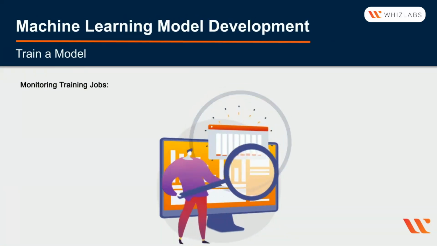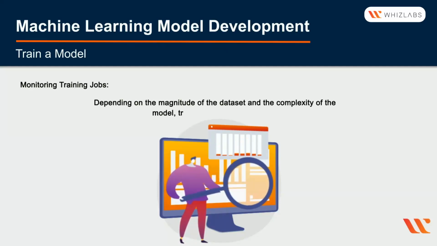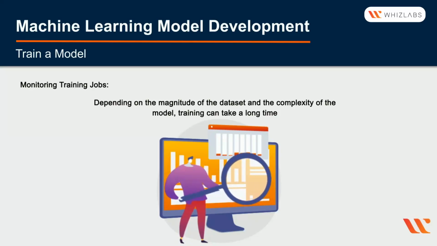Monitoring the training jobs. Depending upon the magnitude of the dataset and the complexity of the model, training can take longer durations. Training from real world data can last many hours. You can monitor several aspects of the job while it runs. For overall status, the easiest way to check on the job is in the AI Platform training jobs page on the Cloud Console. You can get the same information programmatically and with the gcloud command line tool.